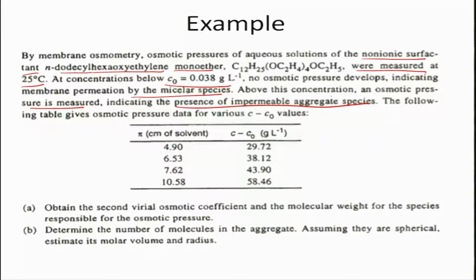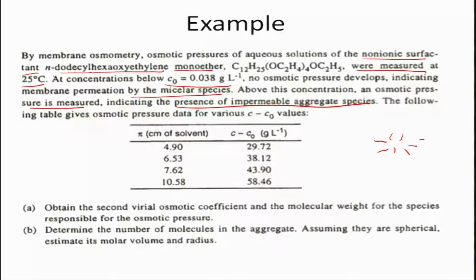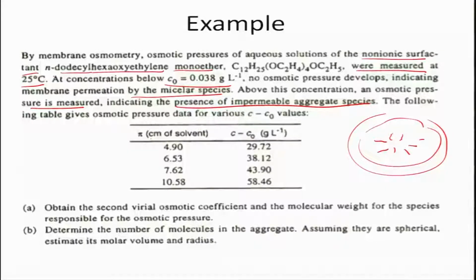Whereas below this, the membrane permeation by the molecular micellar species, which essentially means it was trying to have some kind of micelles like this, and it was allowed to permeate, and because it was permeating, there was no specific pressure difference across it. But after a certain concentration, this aggregate becomes bigger, and because of that there was impermeable aggregate species. So only solvent was diffusing, but no aggregate species were diffusing. There could be monomers and dimers and so forth that may diffuse, but this aggregate was not diffusing. So they measured this osmotic pressure for concentration greater than C0, and it was tabulated